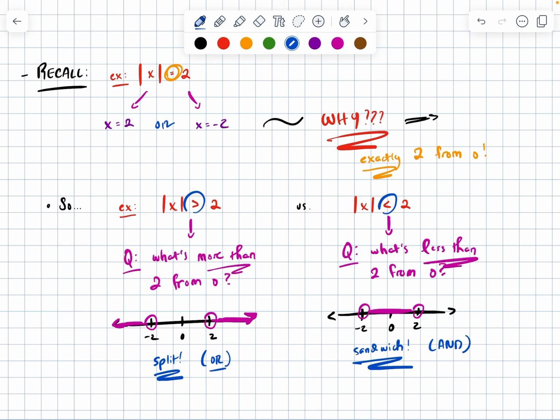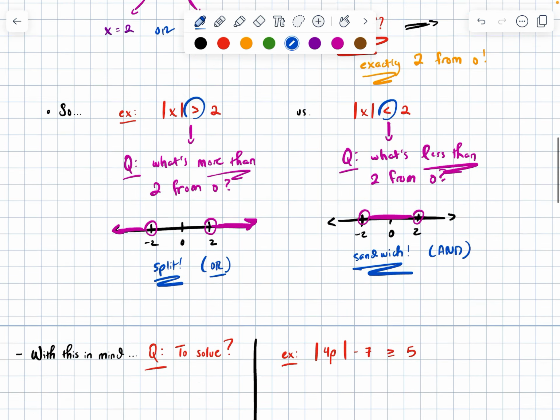Here I need the stuff in between, or my sandwich. Alrighty, maybe this idea makes perfect sense to you, or maybe it doesn't, and that's totally fine. But with this baseline idea, we're going to do some practice with it. Let's see how we can use it to